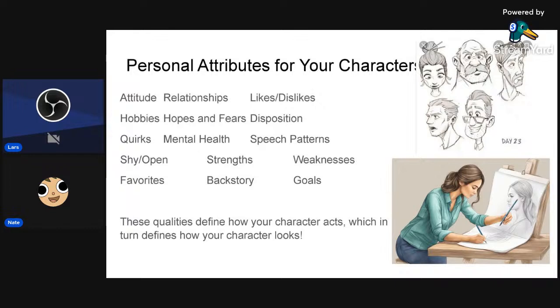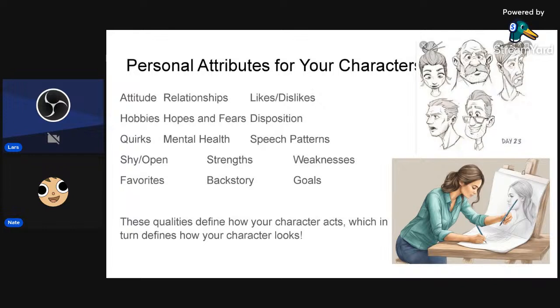These are things that will actually become physical once you start describing them, and especially once they start getting drawn, but they're not necessarily something that you would consider as a physical attribute. So, for instance, attitude: happy, sad, angry. Yes, we can see them, but it's a personal inner thing that eventually becomes expressed on the face and in the posture and in the actions.